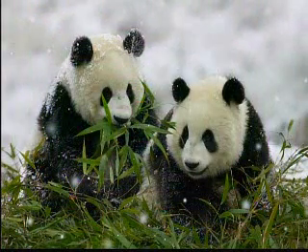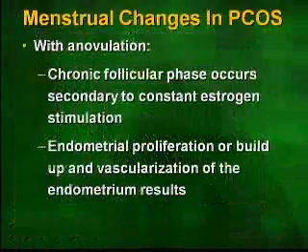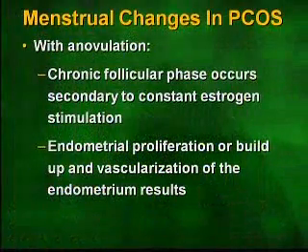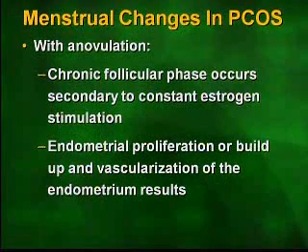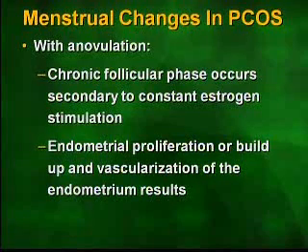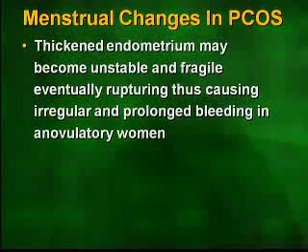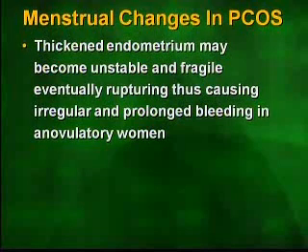Most women with PCOS will experience these menstrual changes. They have anovulation, which is chronic. They have this chronic follicular phase, which occurs secondary to the constant estrogen stimulation, and endometrial proliferation or buildup and increased vascularization of the endometrium results. They have a thickened endometrium, which may become unstable and fragile and eventually rupture, causing irregular and prolonged bleeding in